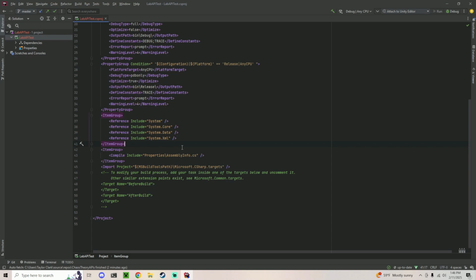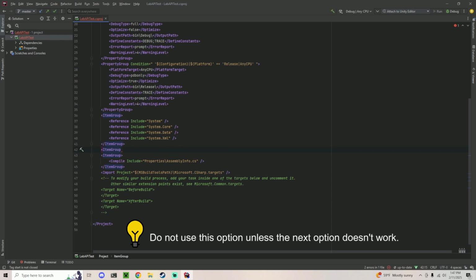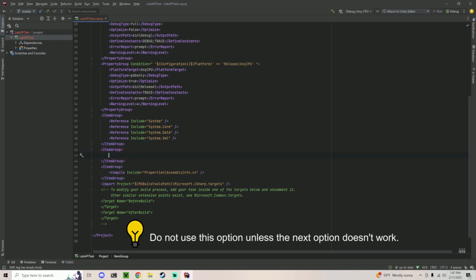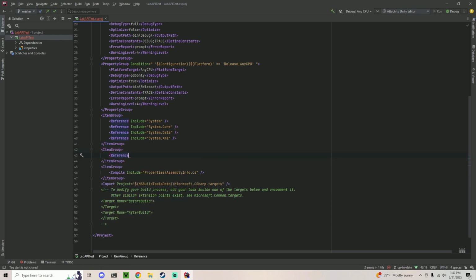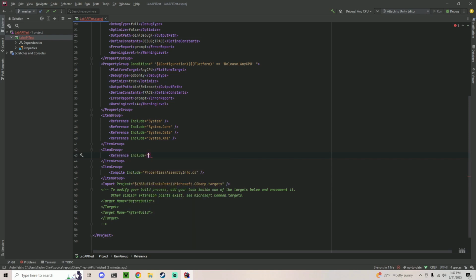So I'm going to first show you the way that you probably shouldn't do, but does work if you're working solo. So you'll create an item group, reference, and the first one we'll do is you'll have to do multiple, but I'll show you the different ways with the Assembly-CSharp, which is like the game stuff. So this was where you'll reference most non-LabAPI game stuff like role types and stuff. So we just do Assembly-CSharp,